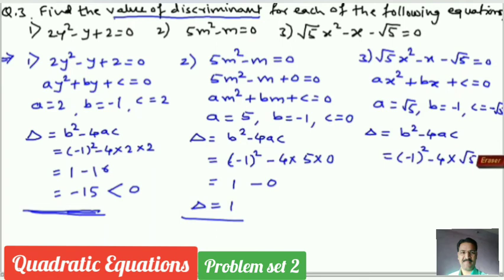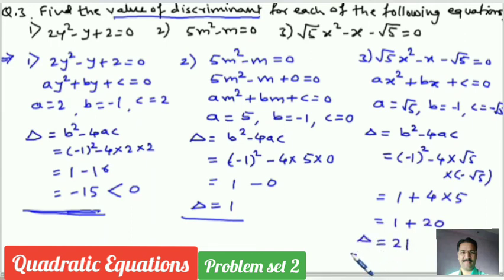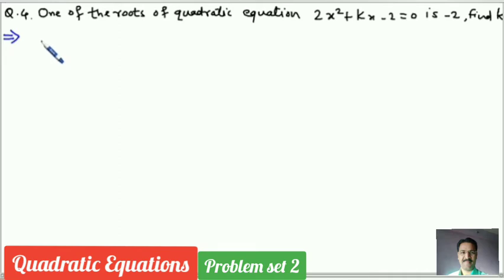Okay, I'll write here 1 into minus root 5. What will we get here now? This is 1 only. Minus minus plus root 5, 5. That means 4 into 5. So in all, 1 plus 4 fives are 20. So here it is 21. This is the value of delta. Like this we can find the values of the discriminant. Okay friends? Friends, in the fourth question, one of the roots of the quadratic equation 2x square plus kx minus